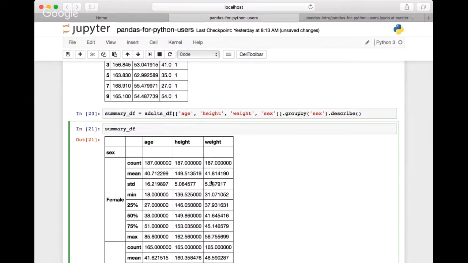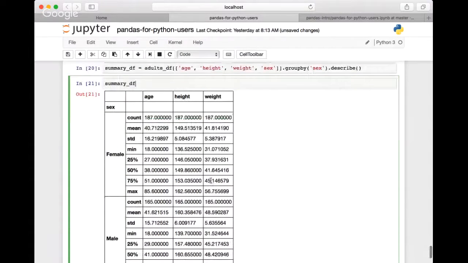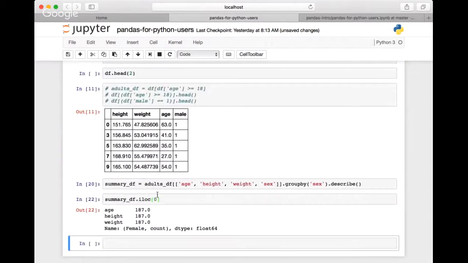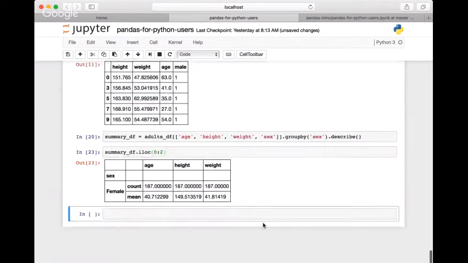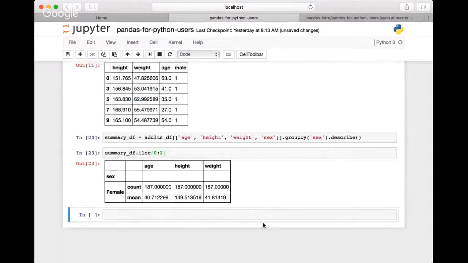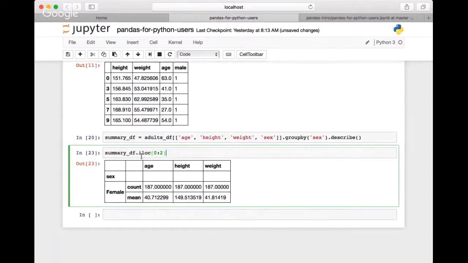So if you try to access it by numerical index, you can use this iloc method and grab the 0th row. Right, so iloc grabs just those specific rows you're accessing, exactly, by index. But in this case, that's not the most convenient way to